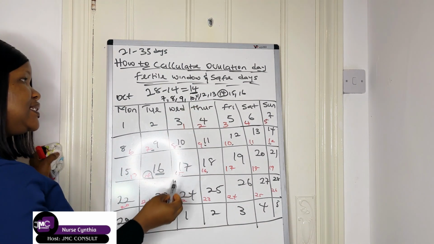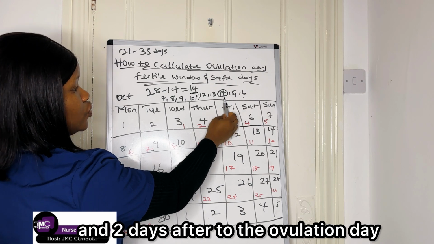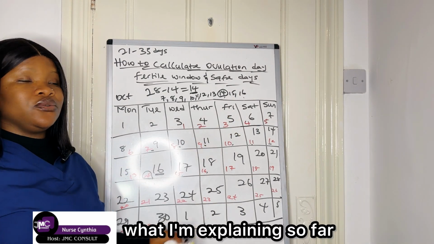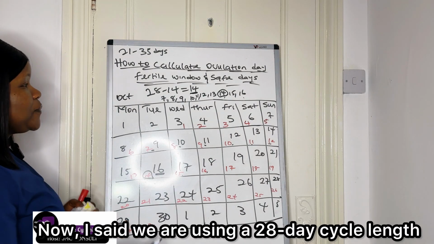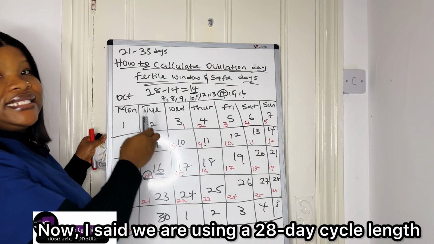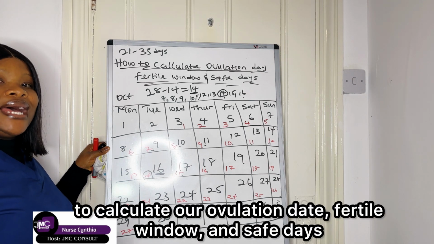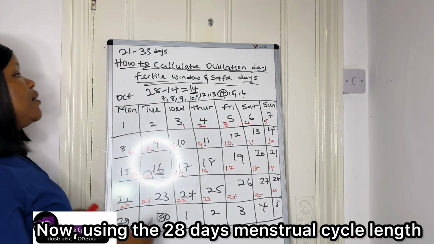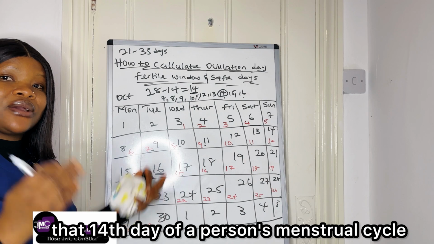So which means we are adding 7 days to the main ovulation day and 2 days after to the ovulation day. I don't know if we are understanding what I'm explaining so far. Let me recap what I have said. Now, I said we are using a 28-day cycle length to calculate our ovulation day, fertile window, and safe days. Using the 28 days menstrual cycle length, scientists have proven that 14th day of a person's menstrual cycle length is